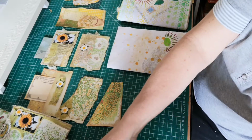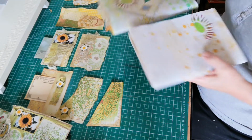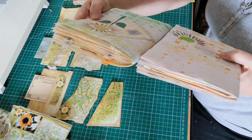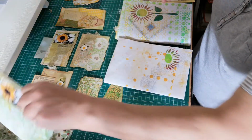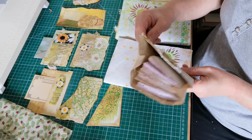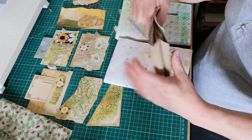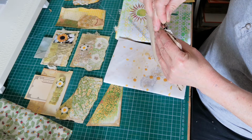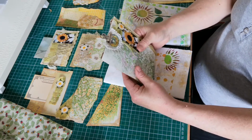My next bit after I've stuffed these, because I want to stuff these first to see, because I don't know whether you can tell, this one's the stuffed one, and you know it bulks them right out. And I haven't even put the little notebooks in because gosh, it was just making it so fat. So I've put them in that little bag that I told you about that'll go in with the journal. So I was going to put a pocket on the inside, but again it was just making it so chunky, and I thought, well,